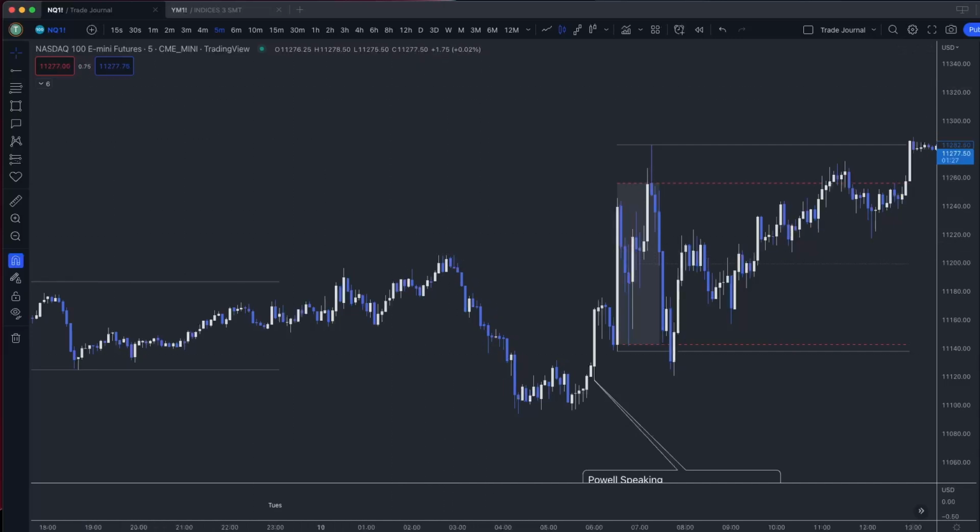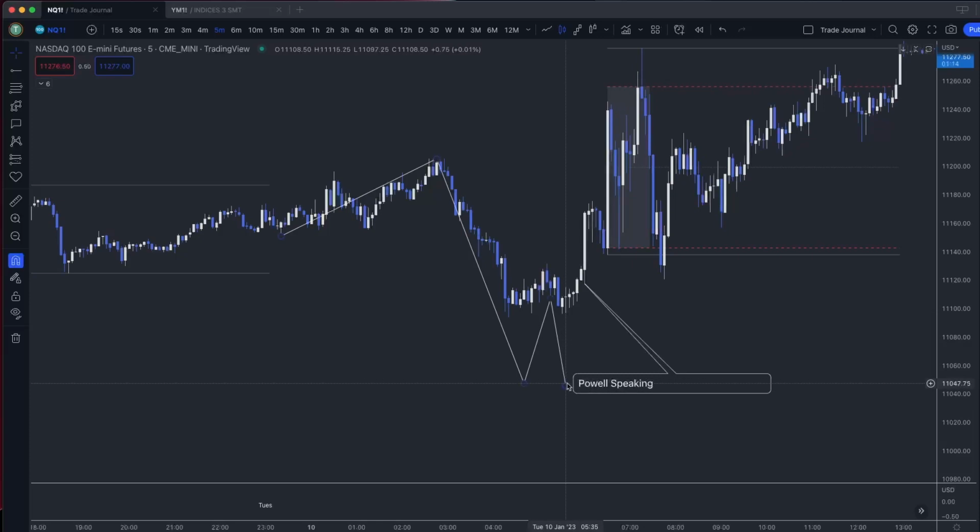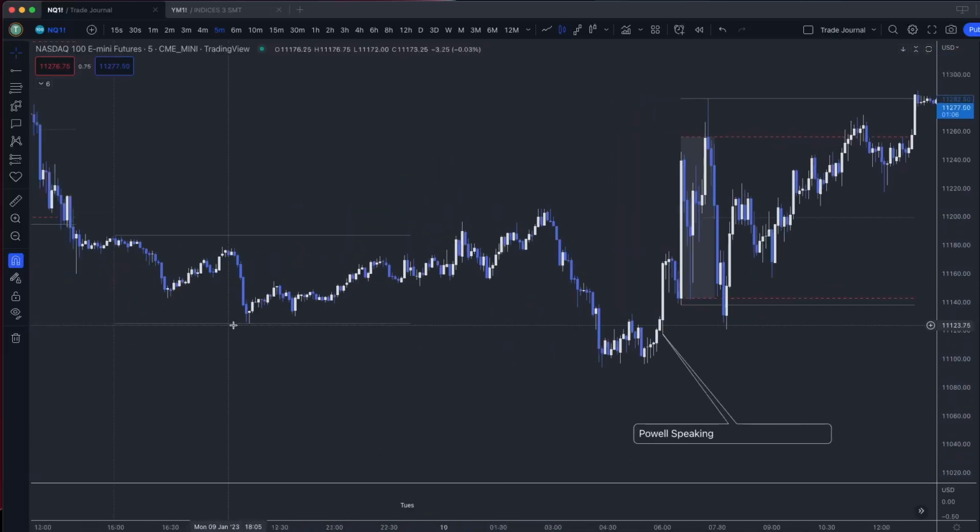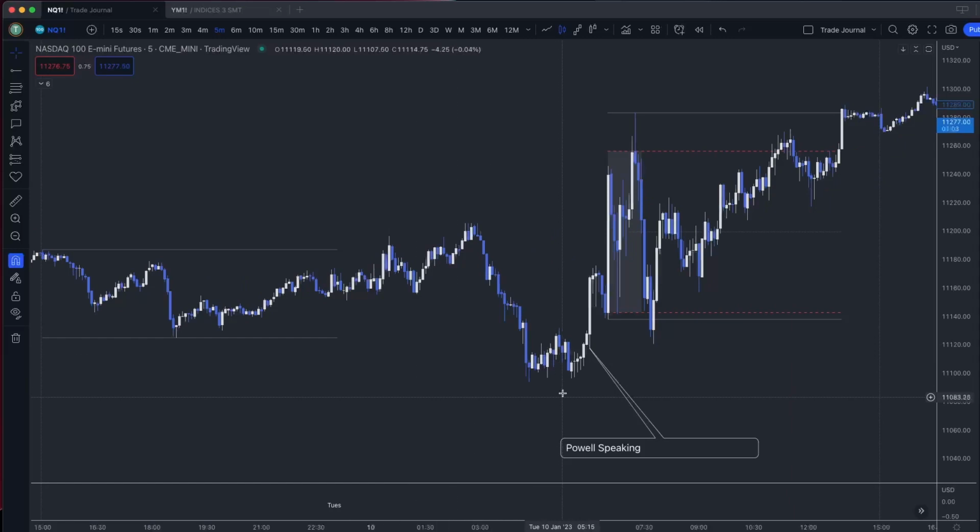So let me just draw this out again. If we were expecting this to be a classic sell day, this would be our range. This is our Judas high, and then our expansion lower. You would expect this kind of thing to happen, where it would just expand lower to the downside. Instead, we get just a run below sell-side liquidity and then displacement higher.